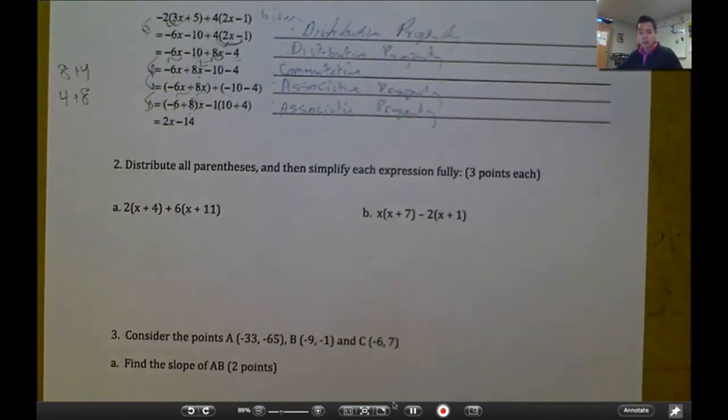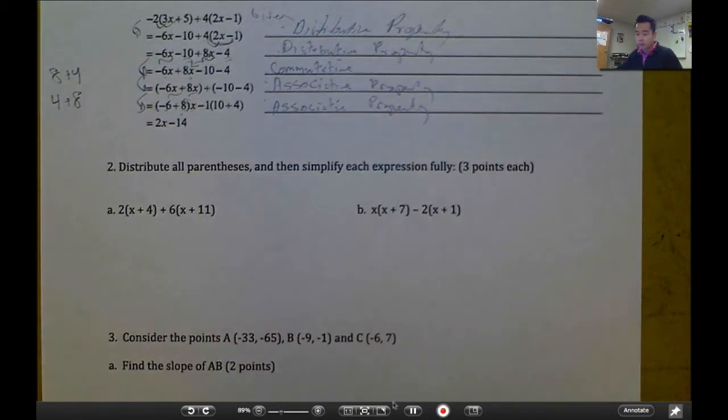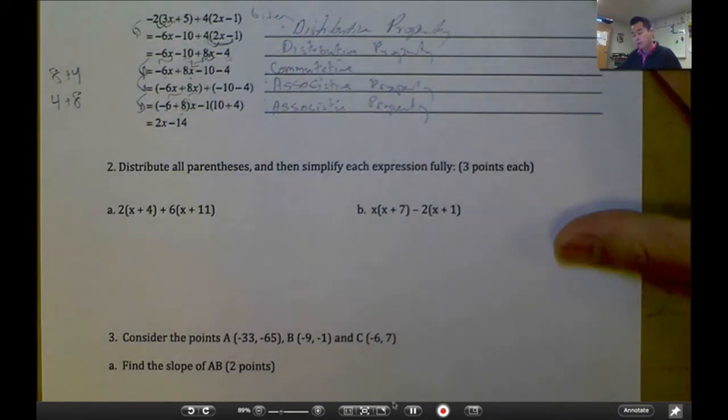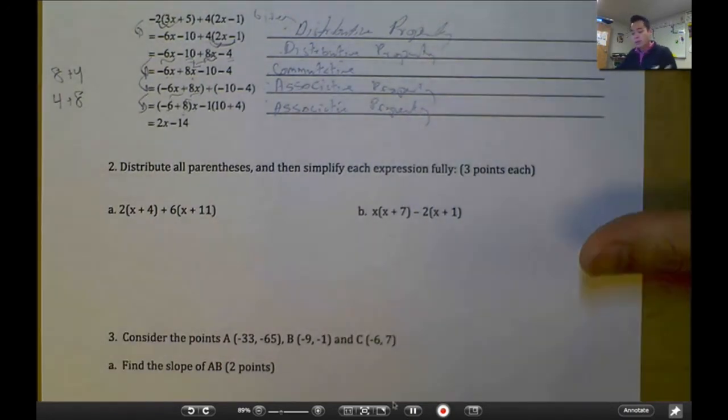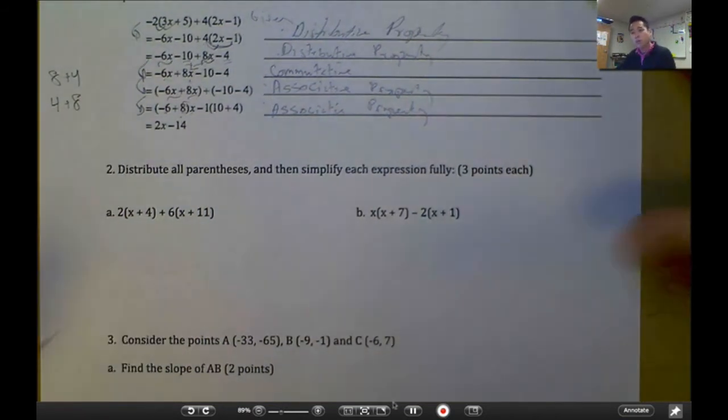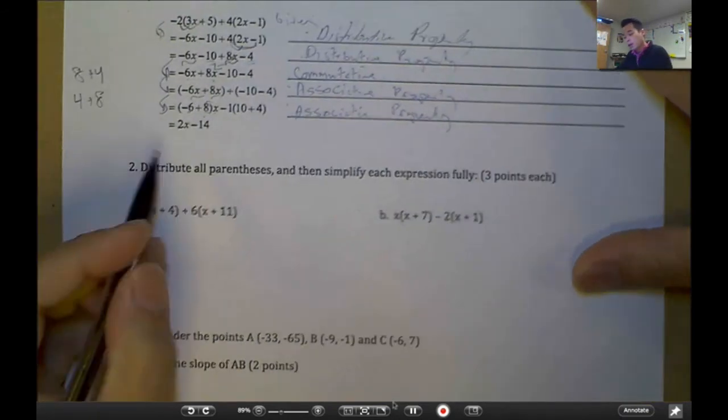Now, at any moment, feel free to pause the video and just take notes, fix your quiz before we move on. Number 2, distribute all parentheses, then simplify each expression fully. So these were 3 points: 1 for showing me the distributive property, 2 for showing me combining like terms, and then 3 obviously is giving me the correct solution to each situation. So first,